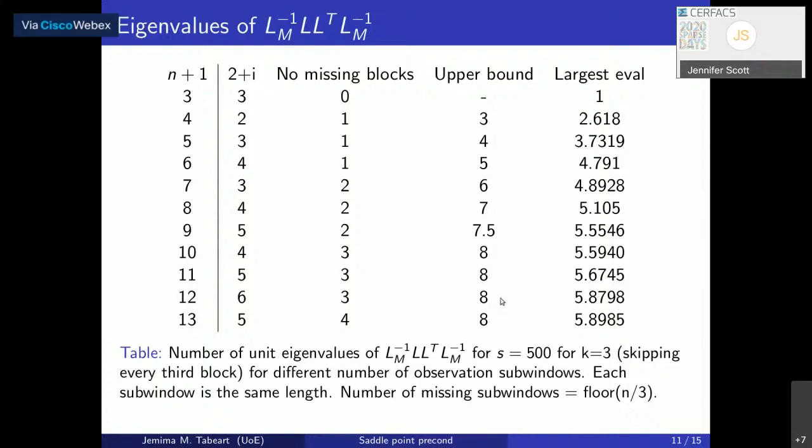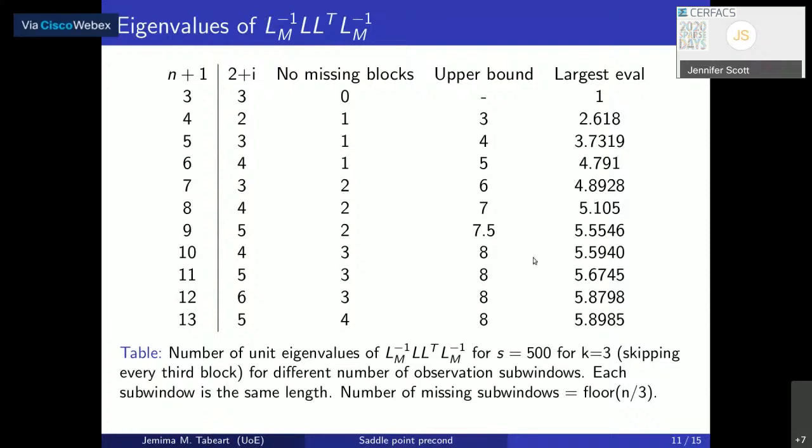So I said before that 8 was the upper bound for any choice of n. For small choices of n, we can actually do a bit better. But we can see that these bounds are bigger than the 4 we got for the LL transpose case. Looking at some computed eigenvalues to see if our bounds are any good, we see that our bounds are maybe a bit pessimistic, but quite reasonable. And again, if we have 5 or more windows, the largest eigenvalue numerically exceeds the bound on the LL